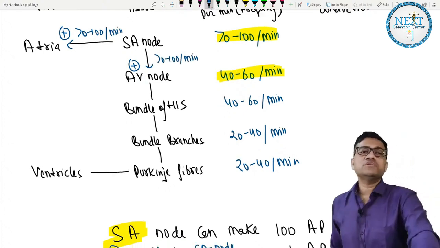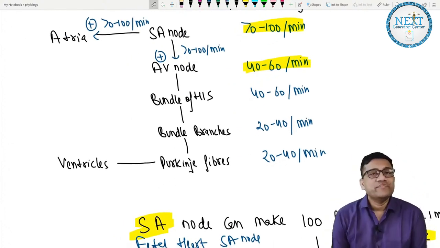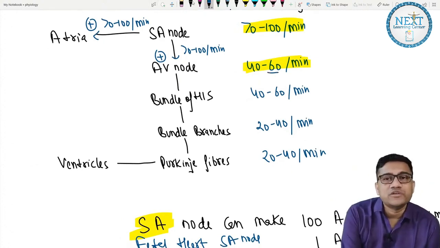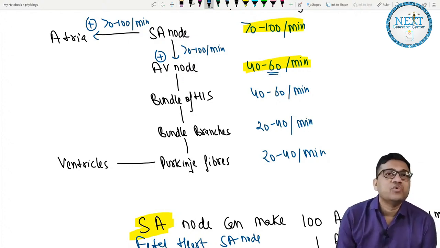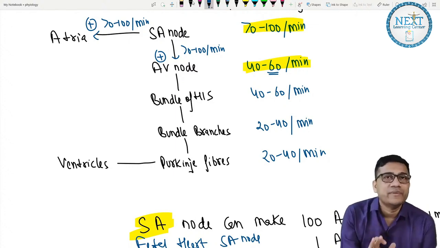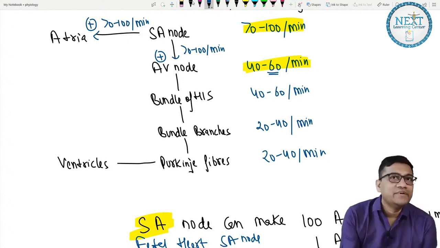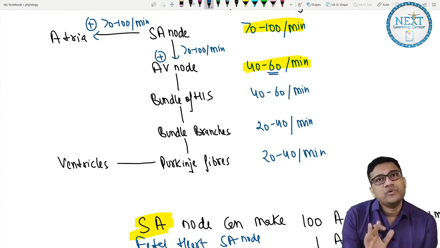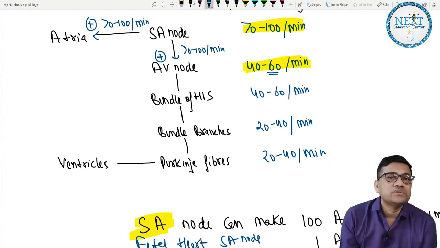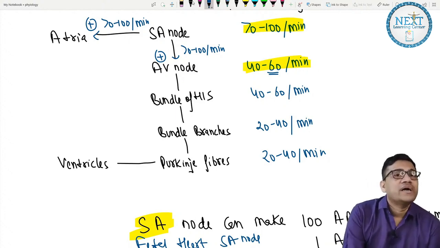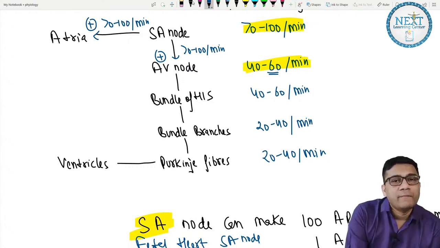So SA node is first to start, and now the SA node gives to AV. Now AV should make its own impulse of 60, or it will transmit the impulse of SA node. Obviously there is no point making its own impulse. Like, let's say you want to make food, but someone has already done the cooking, and asks you, I have already made the food, do you want to eat? Now you don't have to cook, you just go and eat there. Same way, if I am teaching, you don't have to study. I am helping you, and now you can just take the notes, or study and make your own notes. So that is why AV node will now conduct the impulses to the bundle of His.